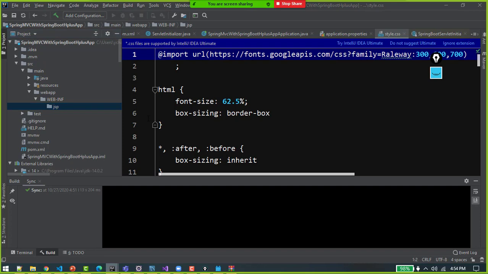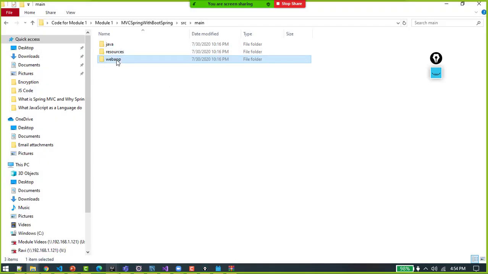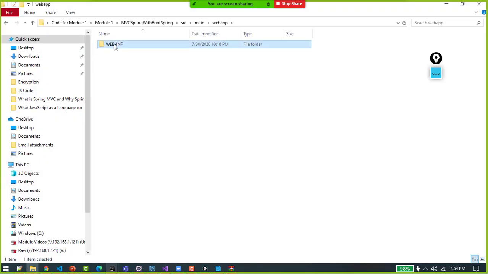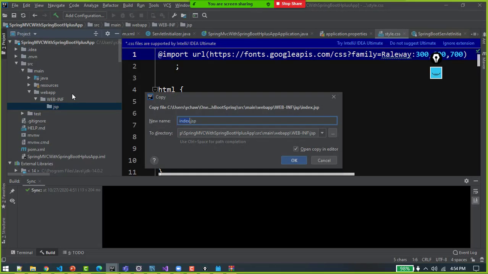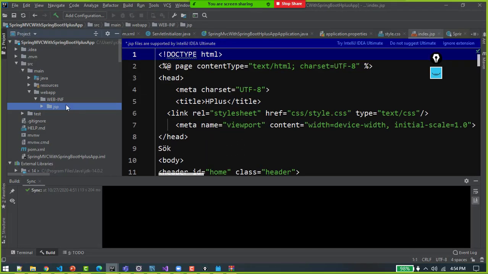So I can copy index.jsp from webapp, WEB-INF, jsp. This is the JSP that we will like to show to the end user, or if you are working as part of a Spring Boot project, you will get JSPs automatically. So our basic structure is created.